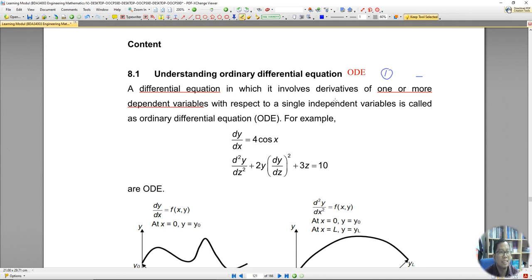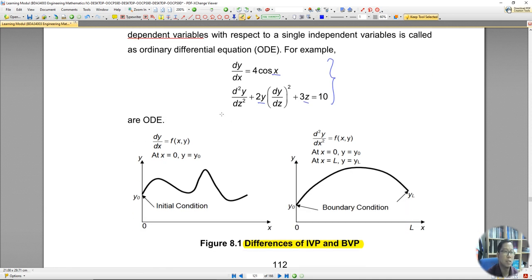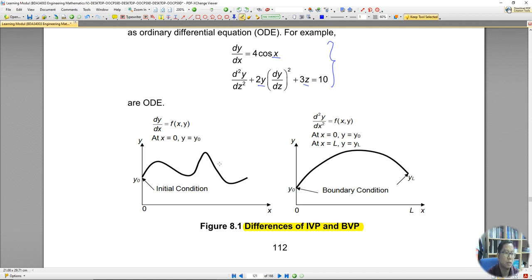In this case we have y, z, and this one is on the x. So this equation is related to the ODE. Okay, ODE also can be divided into 2, which is IVP,